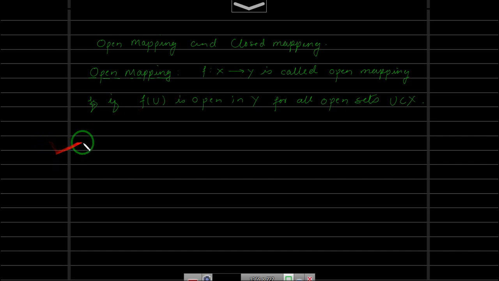Okay. Similarly, closed mapping. Of course, a simple guess: the image of a closed set should be closed, right?